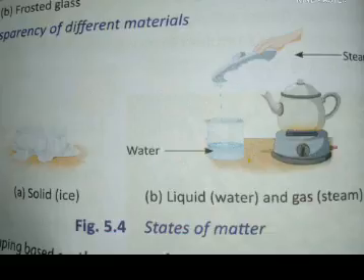So the same substance in one condition is solid and is named ice. In another condition it is called water, which is the liquid state, and in another state it is called steam, which is the vapor or the gaseous state. So solid, liquid and gas are the three different states of the same material. You must remember that ice is not different from water and water is not different from steam, because they are all the same substance. So up to this much we have studied today. We are going to study further next day.